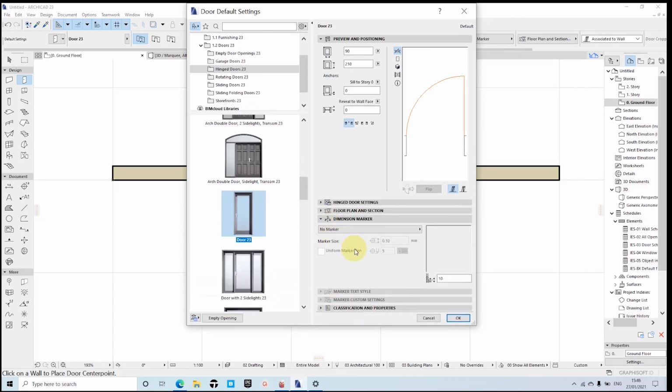You have the dimension and markers where you can put some types of markers and stamps. Such type of things, I think we shall see them in our later tutorials when we start to apply those things to a real